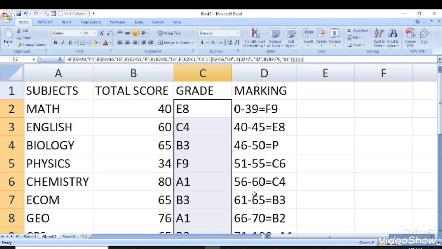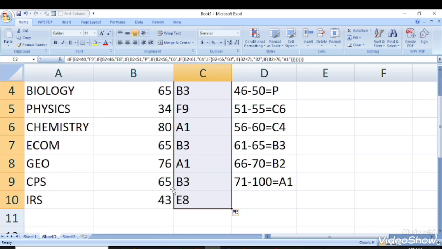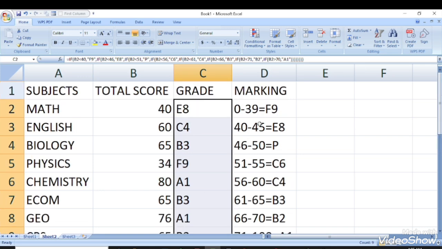Let's check 60. You see 60 is C4. Let's check 71, 76. 76 is around A. 43 is around E. So this is how we work with if statements in creating grades in Excel. So my own assignment or my own classwork, you will help me to use if statement to determine